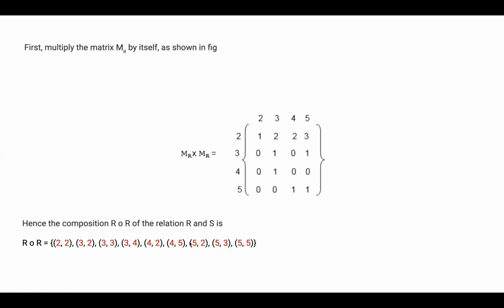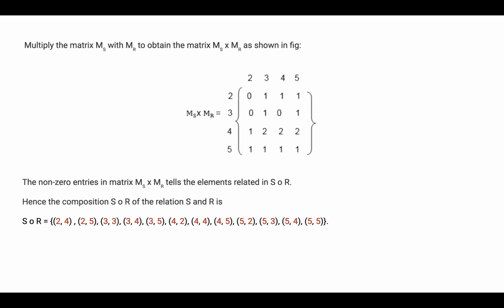Okay, this answer may be mistaken, but here what we have to consider is the non-zero values at the places in the matrix, and those places will be known as the elements of R composite R. And last is nothing but MS